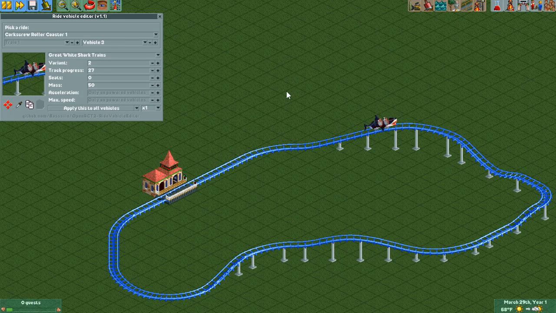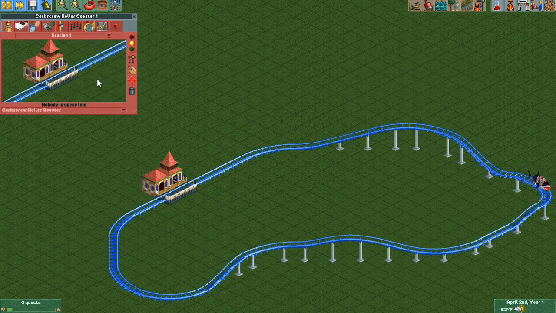Now, if you'd like to make this vehicle go through your layout a little bit faster, which I'm sure you would, we will have to adjust the maximum speed of vehicle 1, and that's going to affect how fast the sports car goes. And with the vehicle editor, we can make it go pretty much as fast as we like. We can crank this thing up pretty high, depending on how fast we want our shark to swim. And if we set it all the way to maximum, I don't know, how fast does this thing go? It goes pretty fast, it turns out. 255 is probably a little bit too fast, so maybe a little bit more realistic speed will be something in the 30s to 50s range.